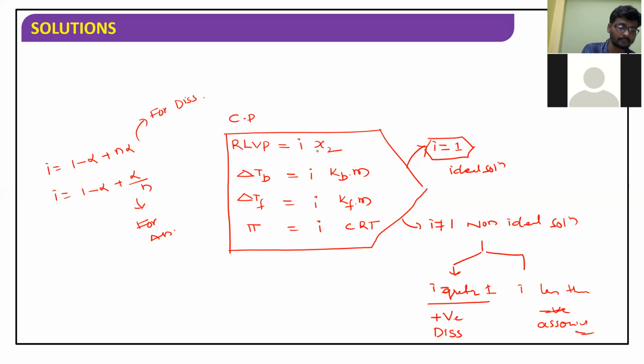Okay, I'm stopping here. Tomorrow morning I will take the class. I will send the message to you. Tomorrow morning I will complete all the problems. Just remember these formulas, recall this one.